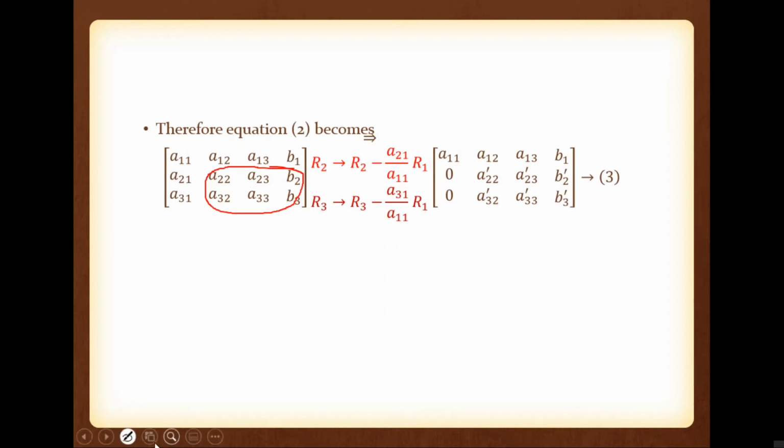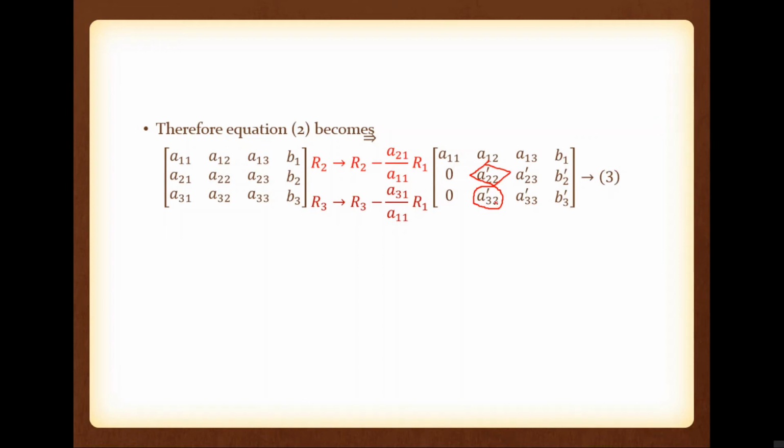Okay. So now we are going to remove this A32 dash. Just put a circle around the element that we are going to remove. So A32 dash we are going to remove. Now by using which element? We need to use the corresponding diagonal element. The corresponding diagonal element is A22 dash. Please note, corresponding diagonal means we are using a row operation. If you are using a row operation, A22 dash is the corresponding element. Using a column operation is also possible. If you are using a column operation, then A33 dash is the corresponding diagonal element. Okay. So here, please note, if you want to remove A32 dash, the pivot is A22 dash.